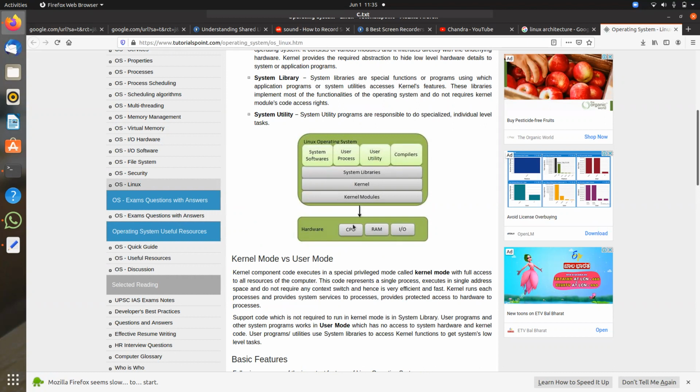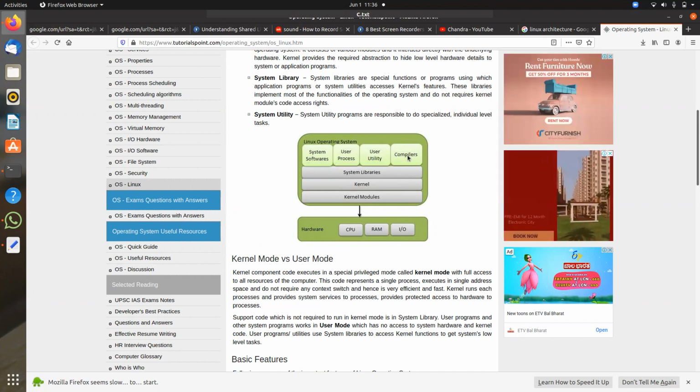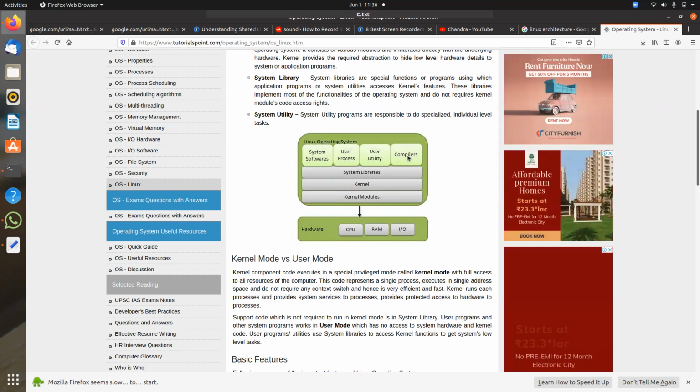Here come the kernel modules, kernel, system libraries, and the topmost layer: system software, user processes, user utilities, compilers. The topmost light green layer is the application layer.